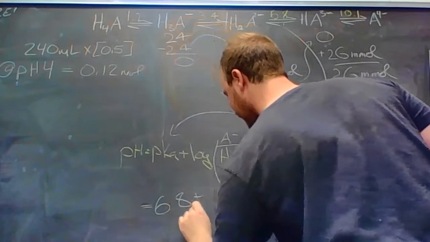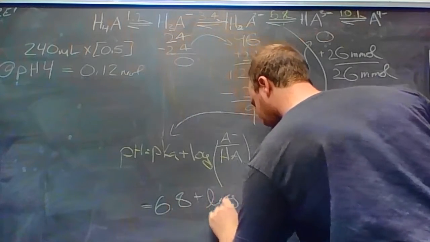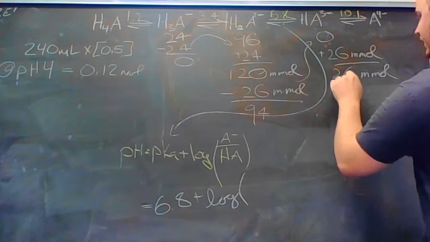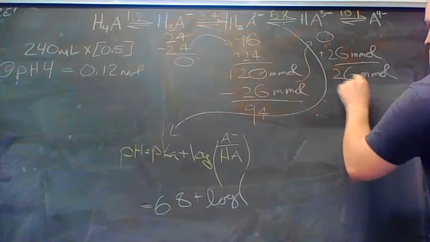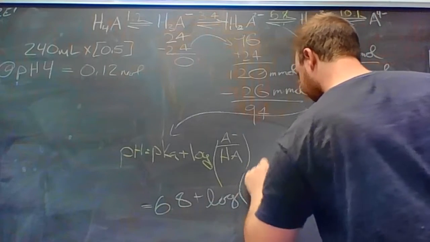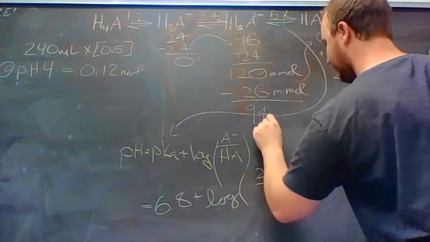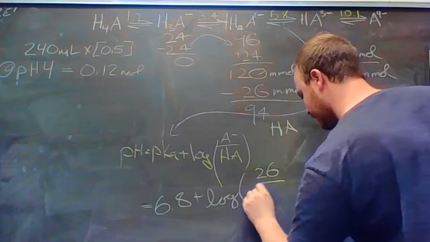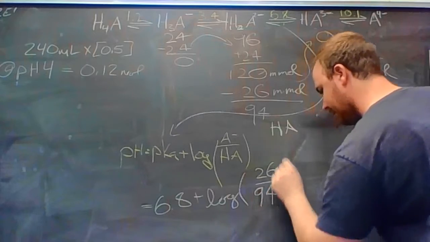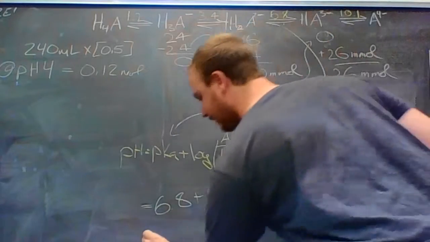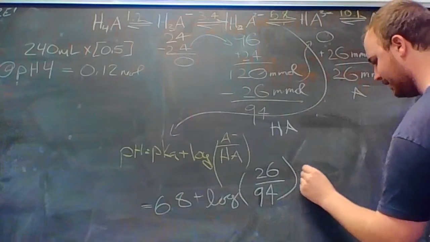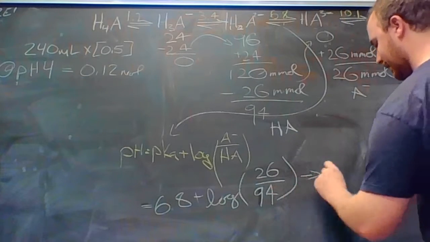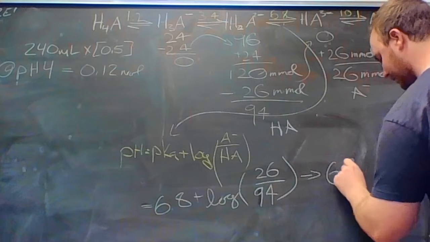6.8 plus the log of our new system in equilibrium, which is 26 millimoles of our conjugate base here, and 94 millimoles of our protonated acid, which, as you plug and chug into the equation, you'll find to be that it is pH equals 6.8